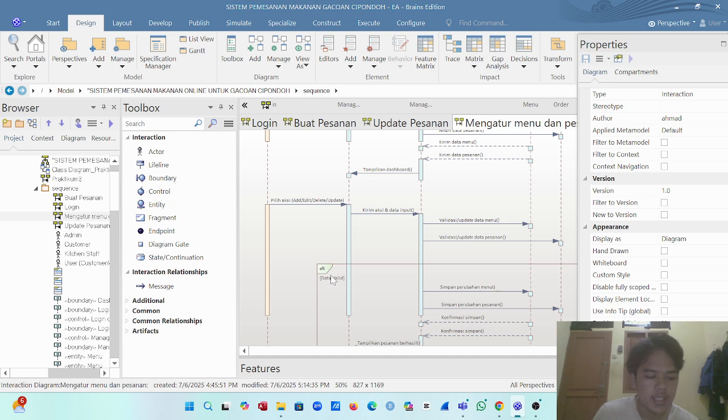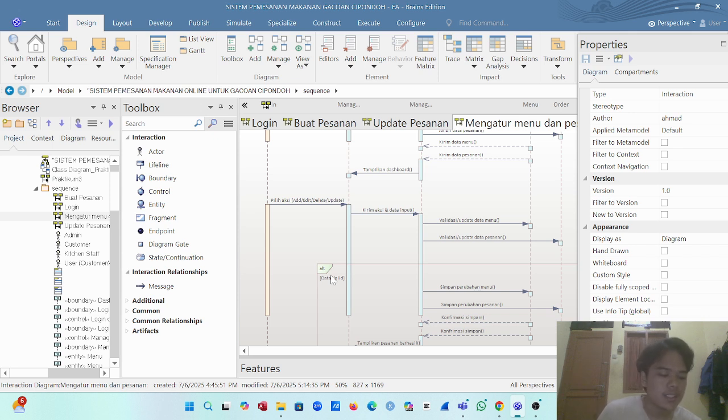So, in summary, activity diagrams help visualize the business process flow for each system role. Meanwhile, sequence diagrams illustrate the internal interaction between system components in a time-ordered sequence.